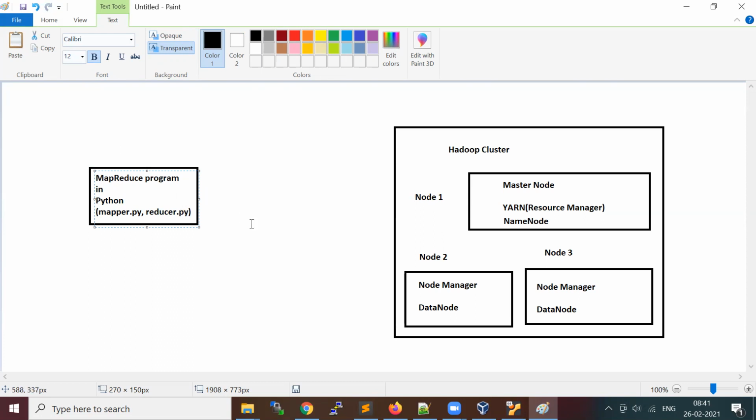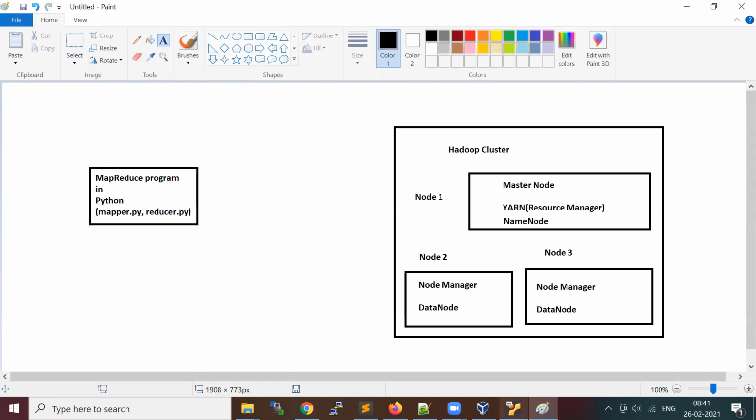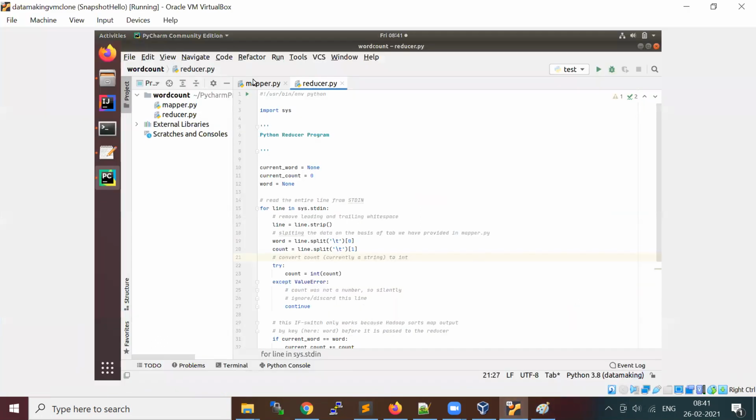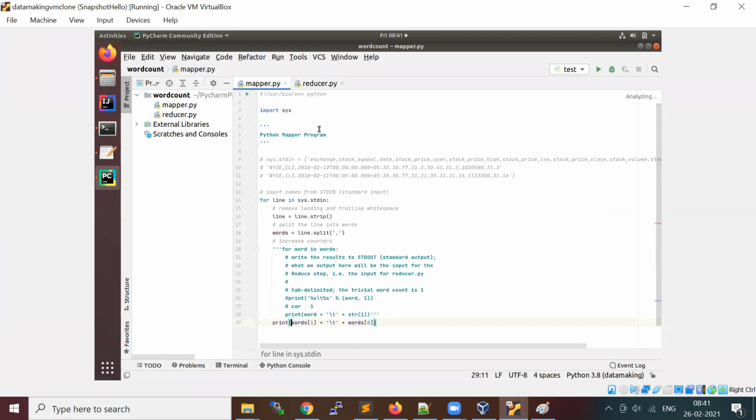Okay, so this program is there. If you look at the mapper.py, in both the reducer and mapper, the key value pairs will be coming into your standard input. Okay, it will come in the standard input as a console kind of input.